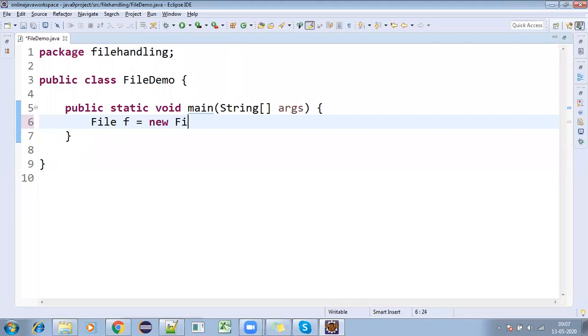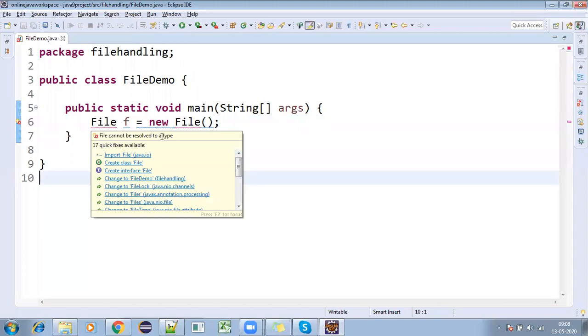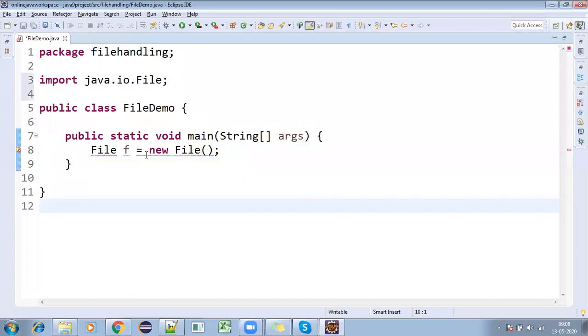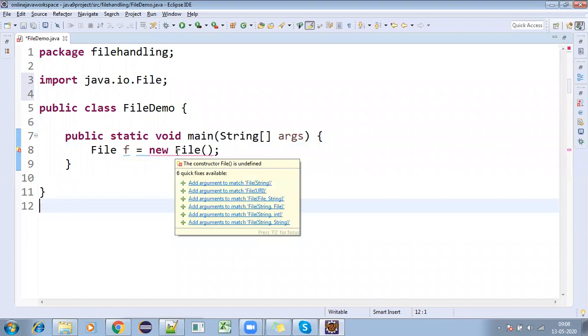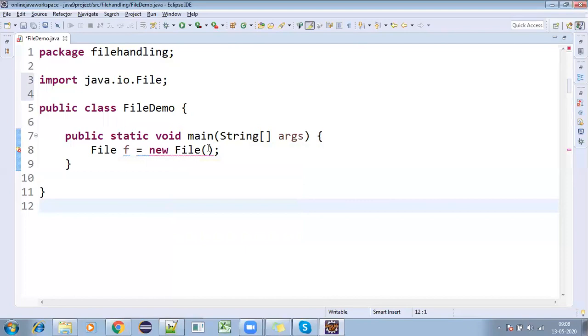That is how we create objects, right? If I create it like this, it will give two errors. One is saying that it is from the IO package, you need to import that. File cannot be resolved to a type, so you need to import File from the java.io package. I'm importing that. And whenever you are creating a file, it is expecting a constructor, either string, URL or file comma string like that. So here we need to give some string.